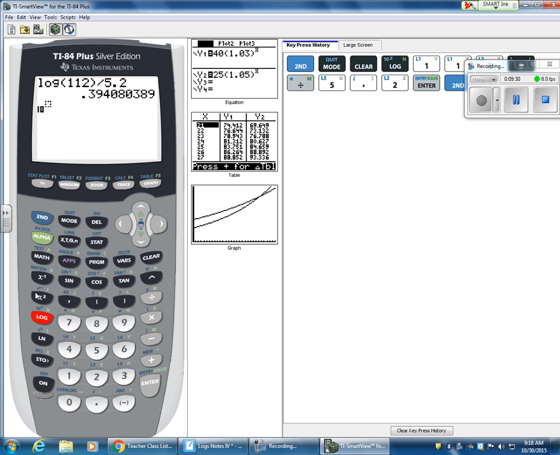So you could just simply use 10 to that power. What helps is that the 10 to the x power and the log are the same button on your calculator. So it helps you remember: if I'm doing log, and I need inverse log, then I would hit second log. Think back to some trig stuff when you wanted to find the sine of an angle. Remember, you hit second sine or second cosine or second tangent. Same idea. Now you could type in this number or hit second and then answer, and that plugs in the